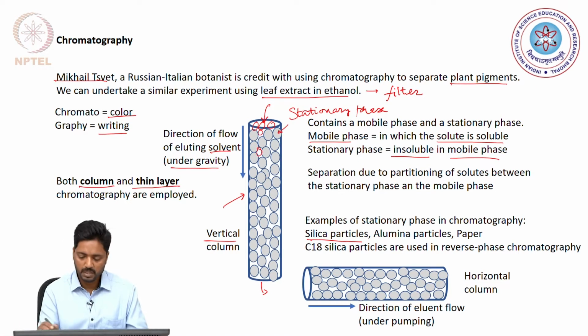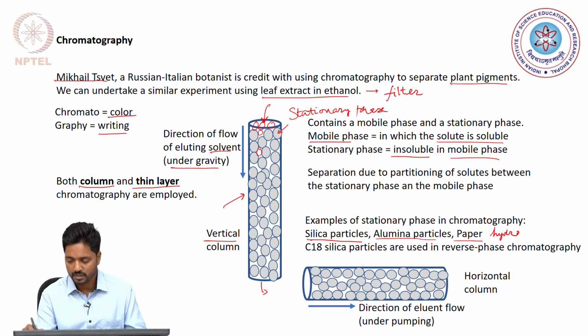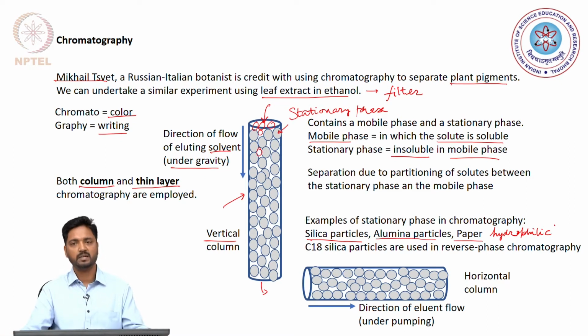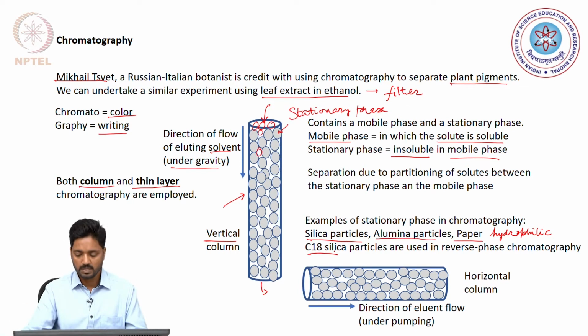We can also use alumina particles, that is aluminum oxide, and both of these particles, whether it is silica or alumina, are considered to be hydrophilic, and the same holds true for paper. All of these examples are stationary phases that are considered hydrophilic. We will discuss this aspect in the next slide as well, and we can also use what is known as the C18 silica particles, and we will understand what this is in the next slide in what is known as